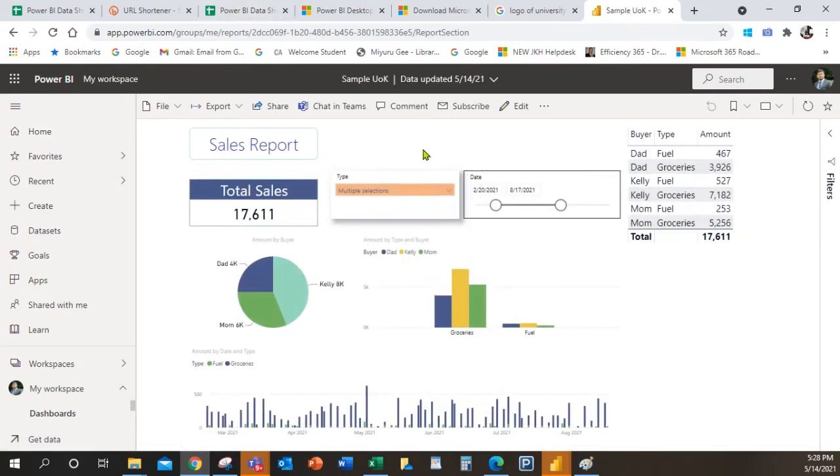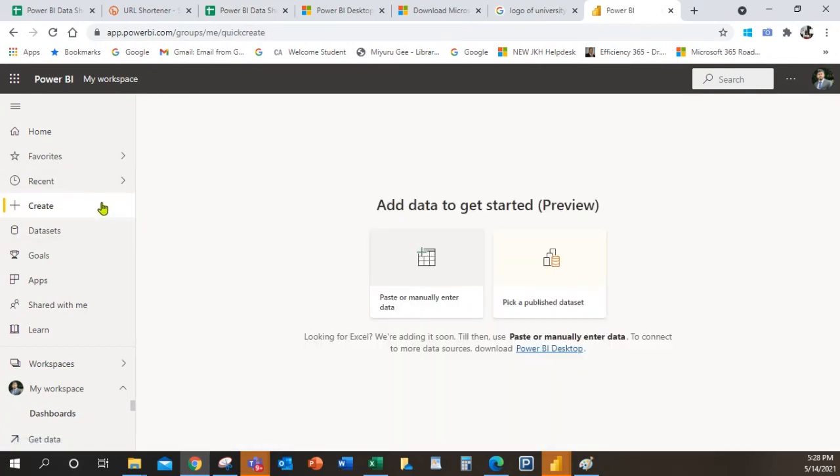Now, what is the dashboard? Let me create a dashboard here. When it comes to create, you have two options. I am selecting the pick a published dataset because we already published that.